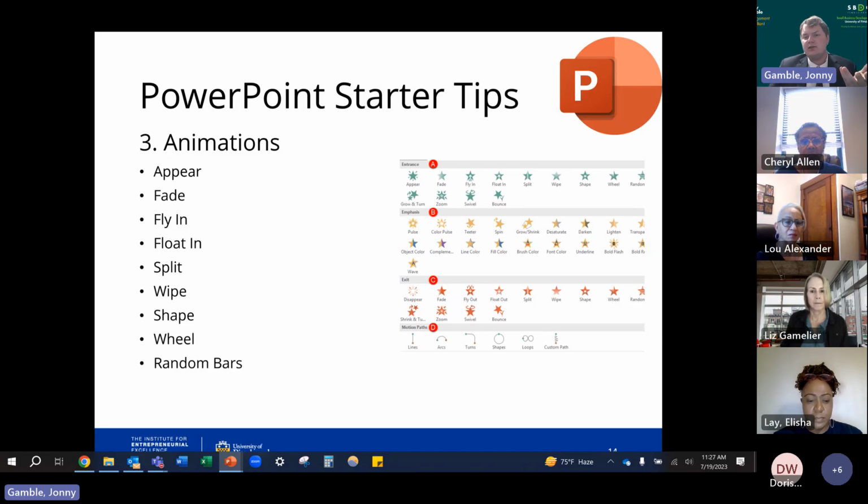Right there, I used an image. I animated an image to appear onto the screen. So there are a lot of different animations you can do, and a lot of different cool effects. Using those animations, you can really get down to the nitty-gritty of making sure that my presentation displays the information in the way that I want to display it.